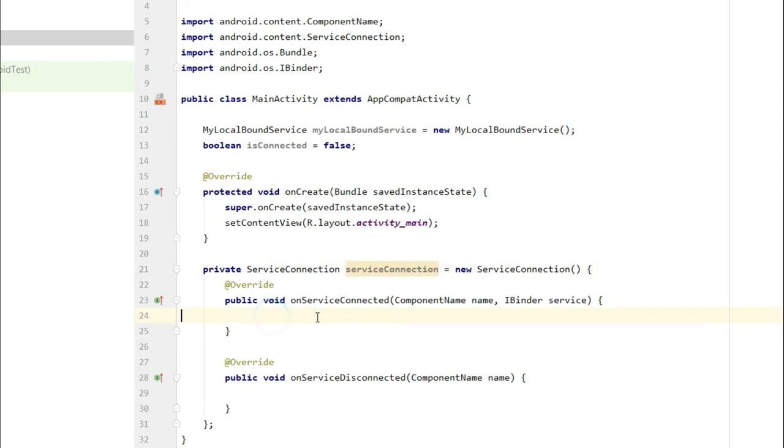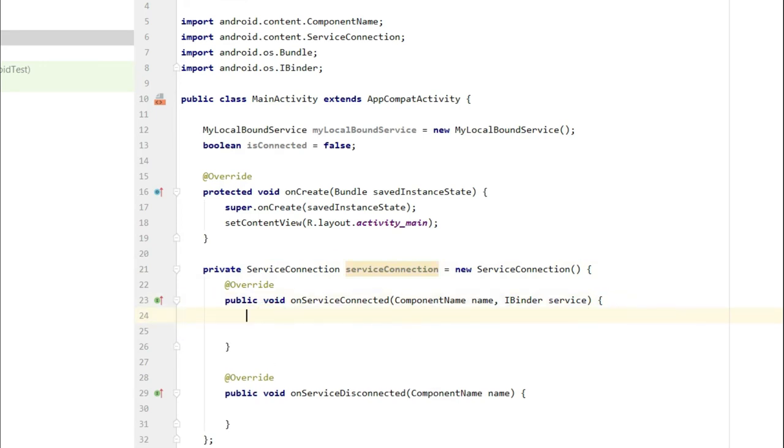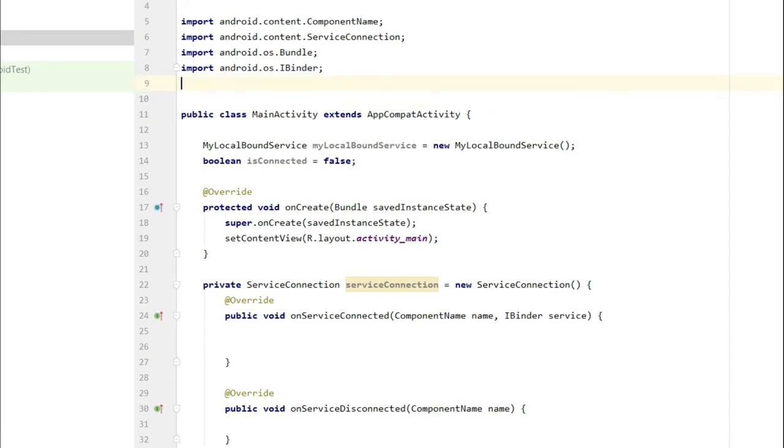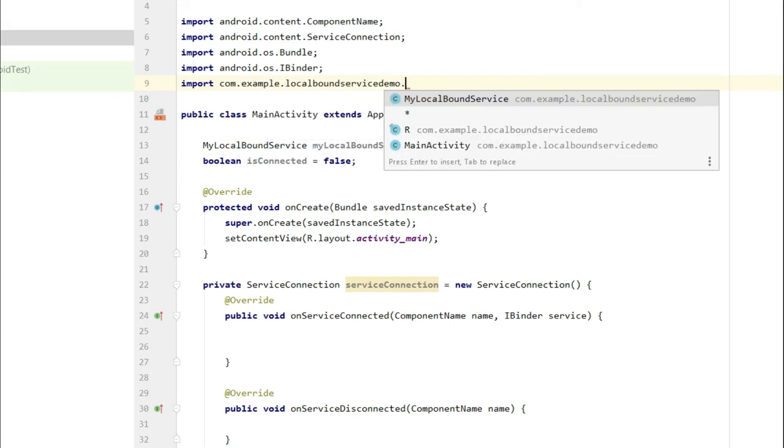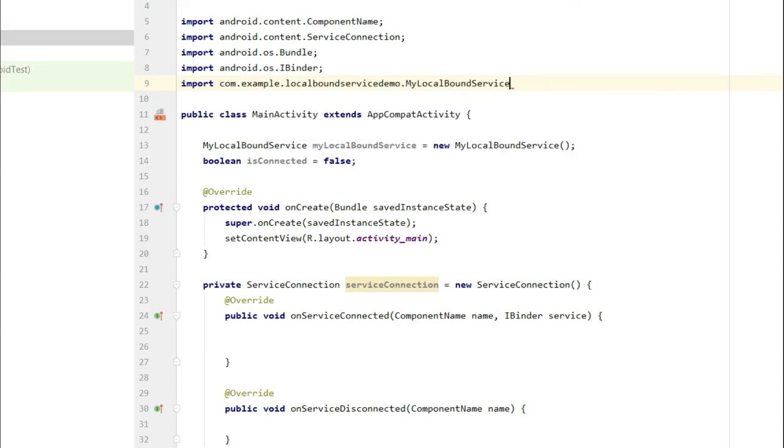Now let's come to onServiceConnected. From here let's get the instance of the binder which is returned upon connection. For this we will have to import the class, com.example.localbound MyLocalBoundService, and in this we have the MyLocalBinder class.